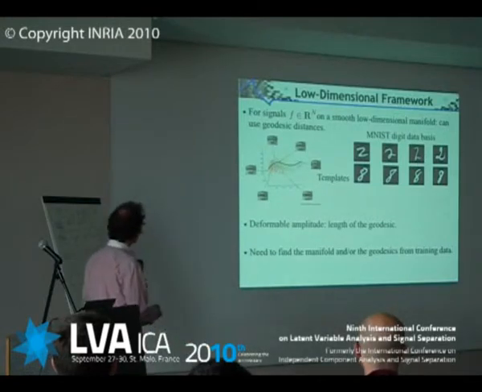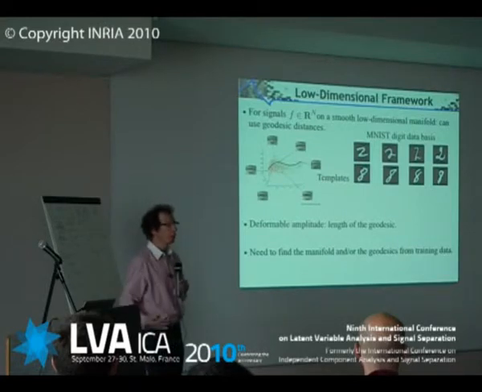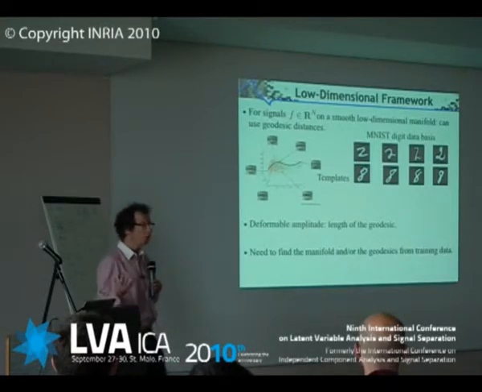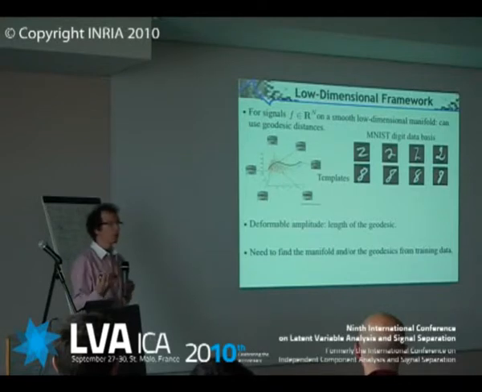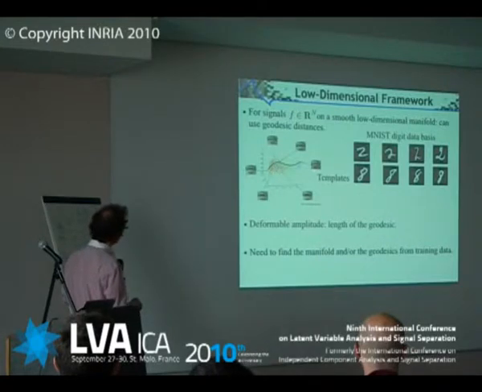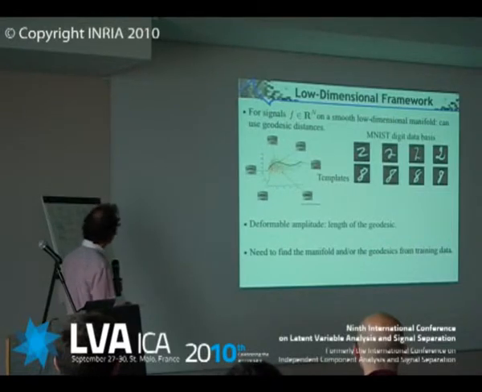The low-dimensional framework is the following. Suppose you have a signal, which may be a huge signal, belonging to a very high-dimensional space. Hopefully, if you're lucky, the signals you are going to look at do not belong anywhere in this huge space, but to a relatively low-dimensional manifold. Take this example of a mouse with different expressions. All these small images, which still include many pixels, will in fact belong to a relatively low-dimensional manifold, and as the image is deformed, you are going to move along this manifold.